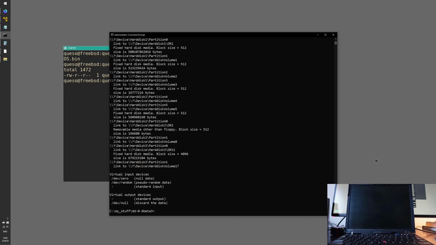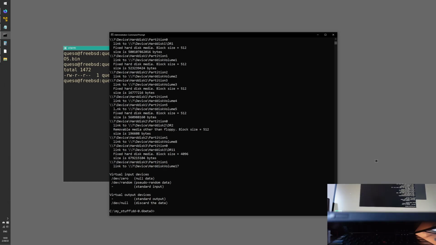But if I plug in a USB drive, such as a SanDisk Cruiser here, a 64 gig USB drive, which I did not have success with. I had success with writing directly to a SATA drive, and I'll show that. But how do I get my os.bin file over to my host? I do that from Windows with SCP, which is nice, or I can go in with SSH. I have that enabled on FreeBSD and everything. But if I SCP in,